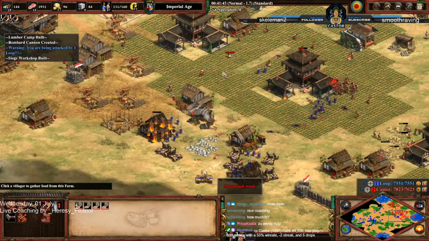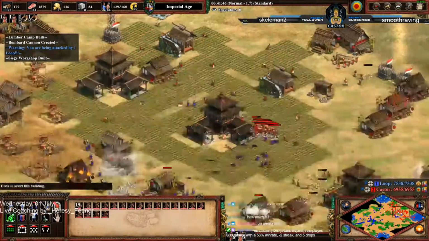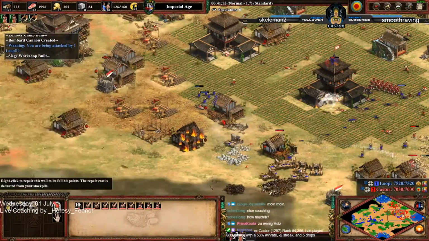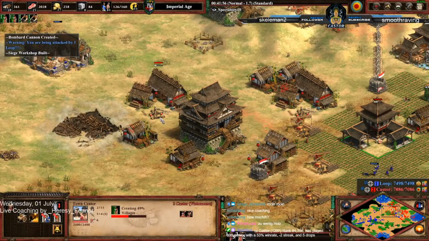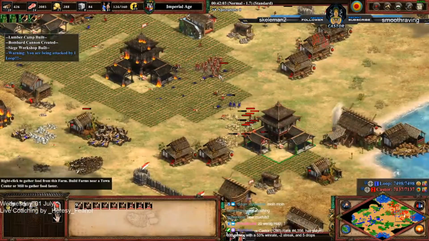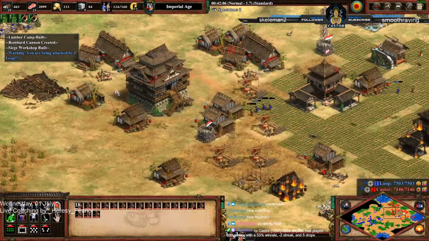And garrison the villages by the town center, and just make sure that you don't lose the cannon. Don't lose the cannon. Where's the... Oh shit. Oh boy. Okay, yeah. I have another one here though, so... Yeah, the cannons are super important. You can't let them just...